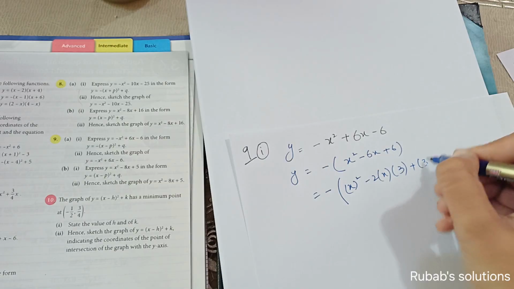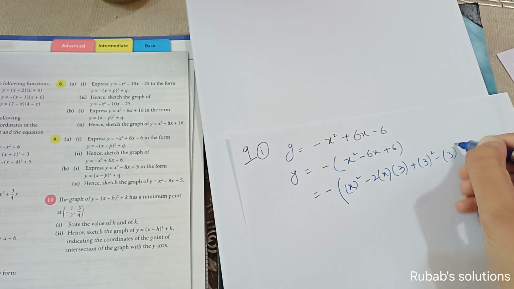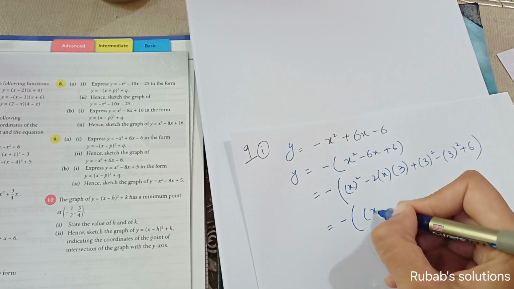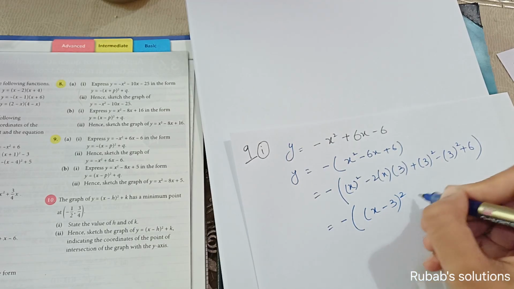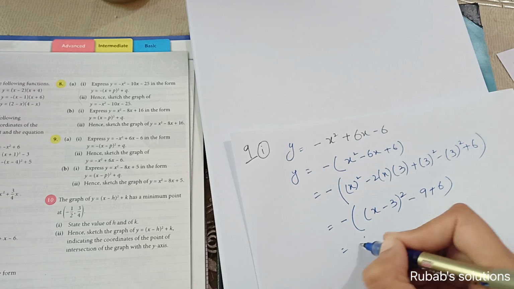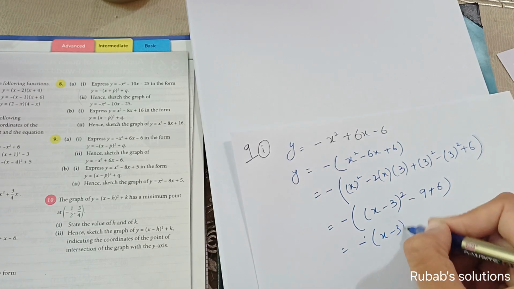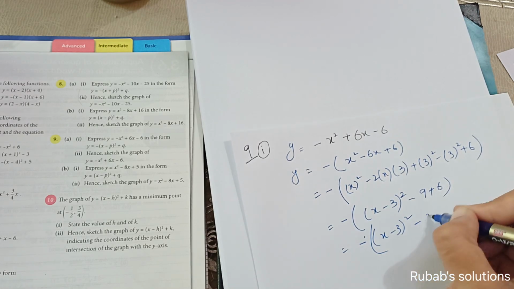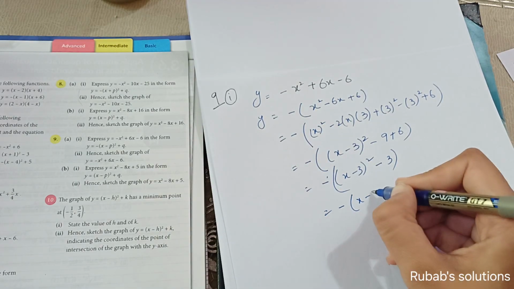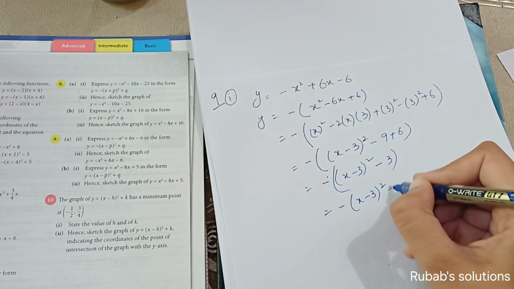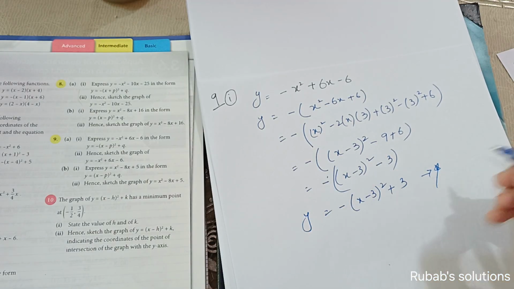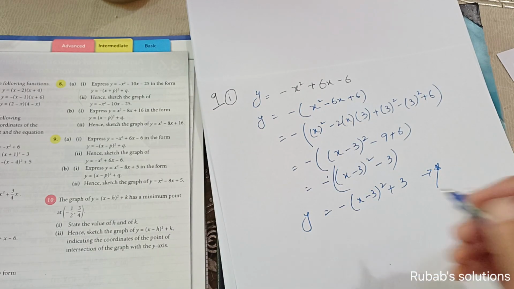plus 3 square minus 3 square plus 6. So यहाँ से आपके पास बन जाएगा (x minus 3) whole square and -9 plus 6, so from here it is minus (x minus 3) whole square and this is -3, so minus (x minus 3) whole square minus minus will become +3, this is your y, this is your equation स्टार। अच्छा जी, यहाँ पे अब